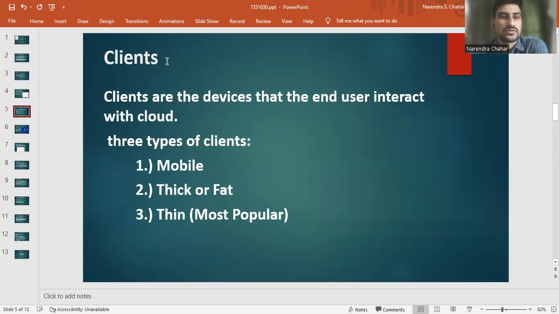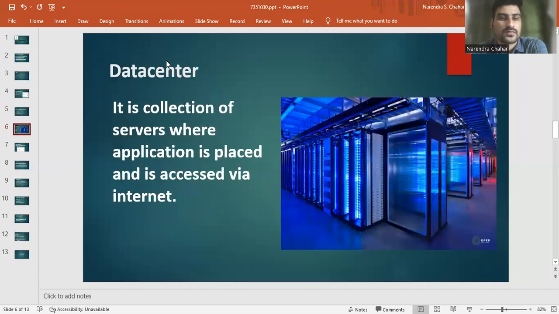So we talked about the clients. Clients are the devices that end users use to interact with the cloud. These may be mobile, thick or fat clients, like traditional computers, and thin clients, like a laptop or something like that.